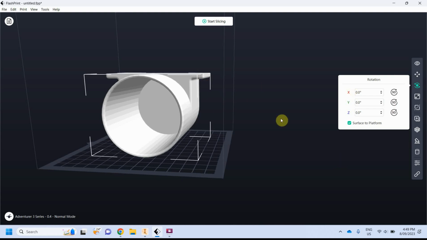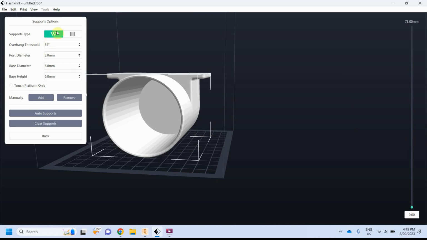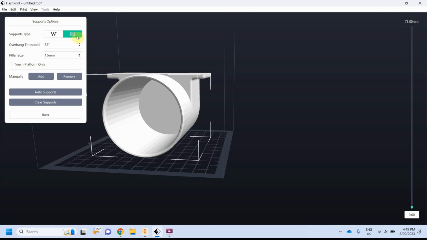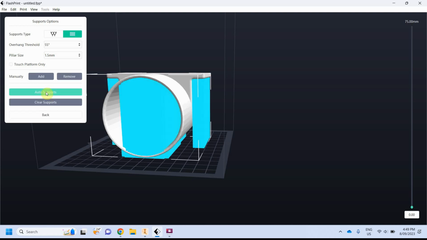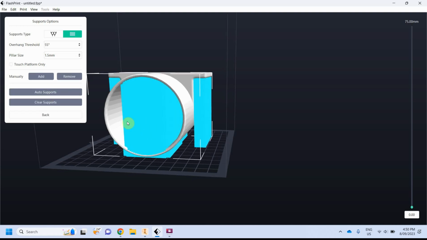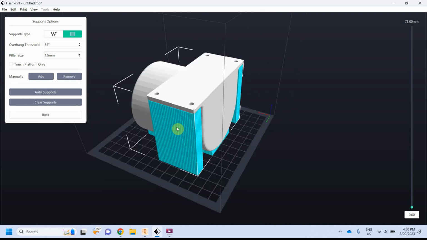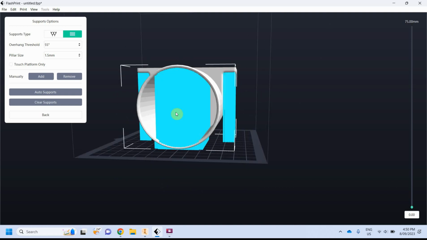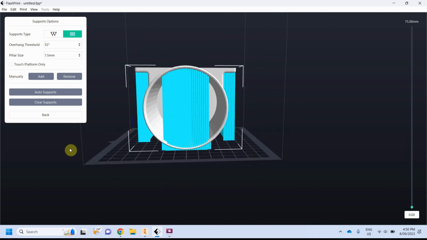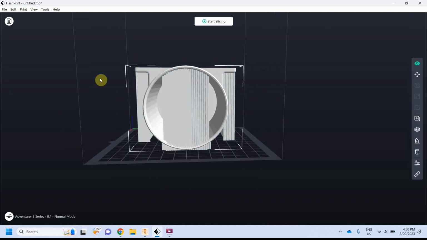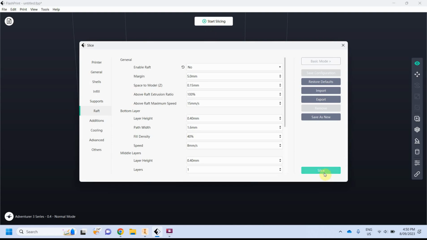So when you're happy with the position of it, you're then just going to go to supports, and I think they call them linear supports, or those straight line supports, I find break away the easiest. So they're the ones that I use. I'm then just going to go auto supports. So it's done it for not only the outside, but also the internal of this cylinder part. Now from here, you would just go start slicing, slice,